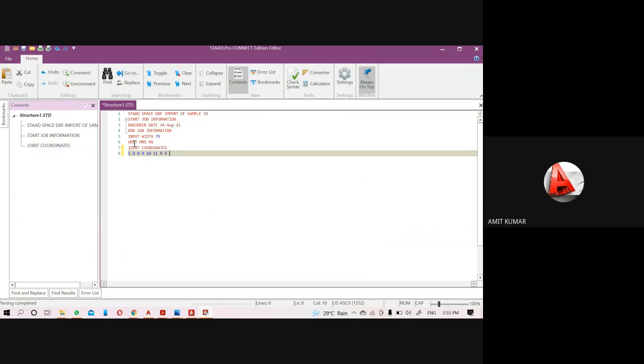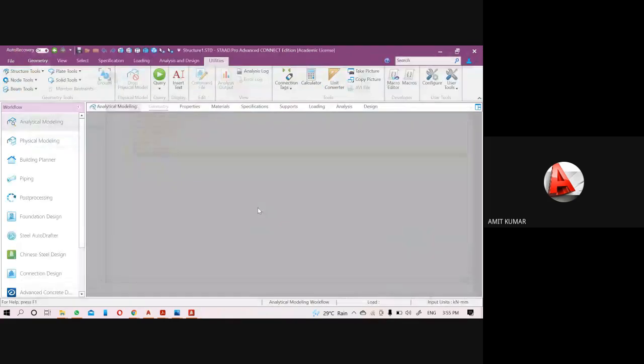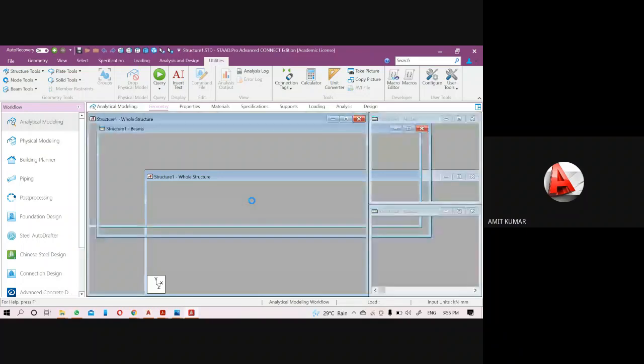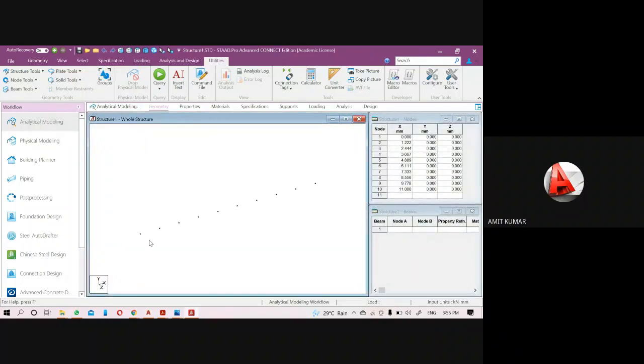That means here I didn't place the semicolon. That means nodes 1 to 10, that means 2, 3, 4 and so on, will be created directly here. Just see it. You can see the node numbers. I will show you the node numbers. So nodes 1 to 10, and the coordinate value for node number 10 will be 11, 0, 0. You can see it here. So this is the process of creating the structure through the command files also.